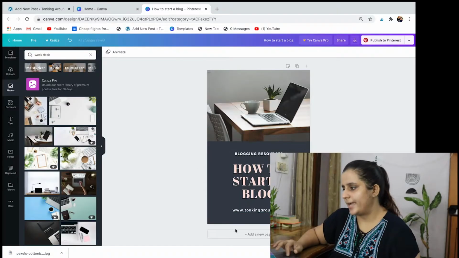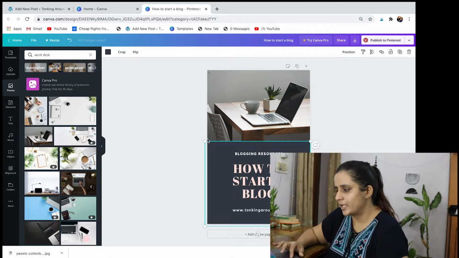And again, if you want to upload your own pictures or if you want to upload stock photos, there are thousands of stock photos that are available for free, royalty free, on a lot of websites like Pexels and Unsplash. So you can take your photos from there. But I find that now Canva has recently introduced this image feature and it works perfectly, and you do not have to look for photos elsewhere. So let's say I like this picture.